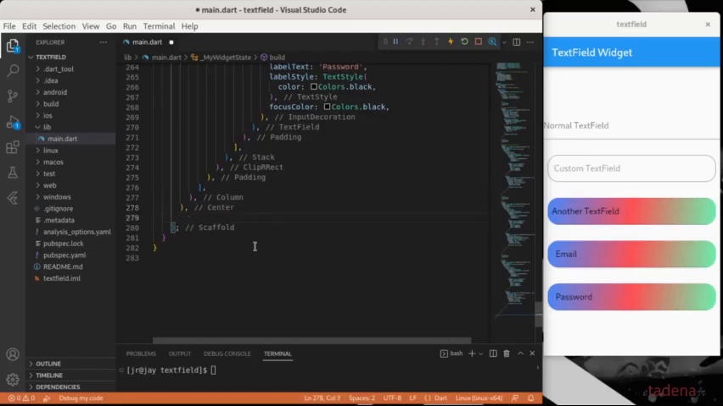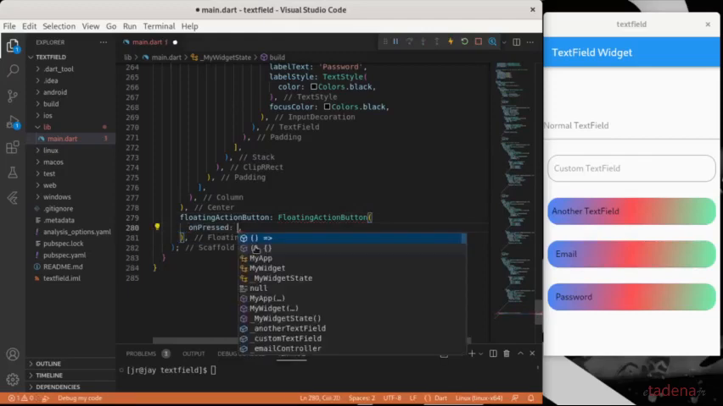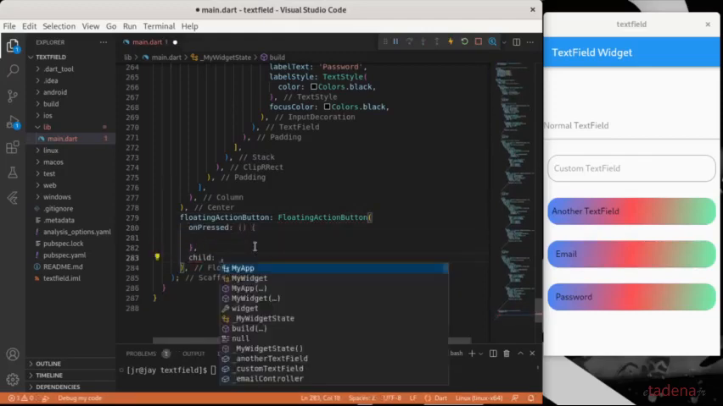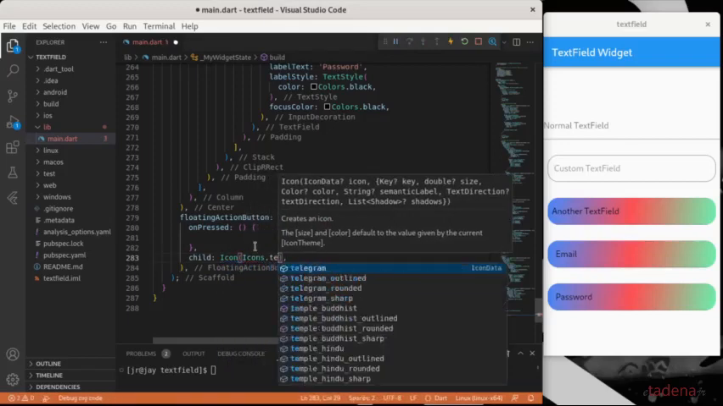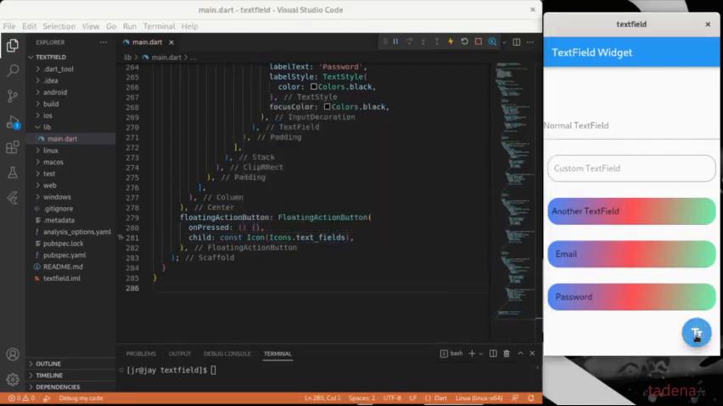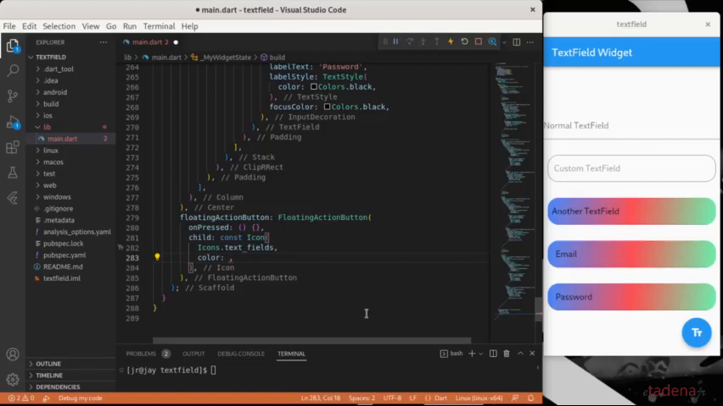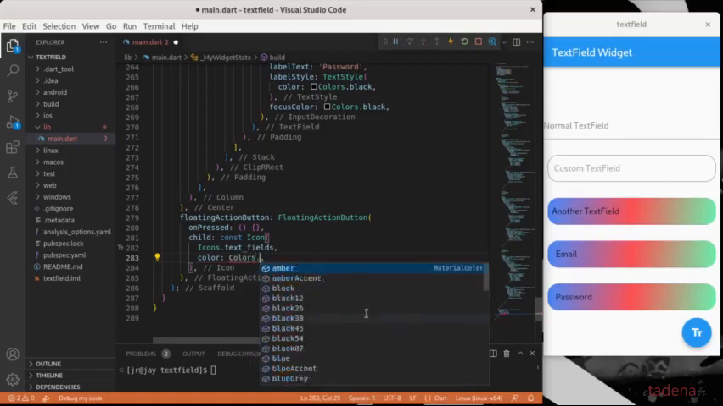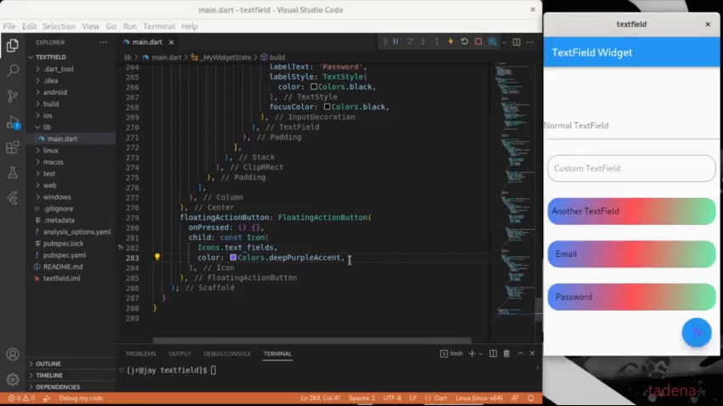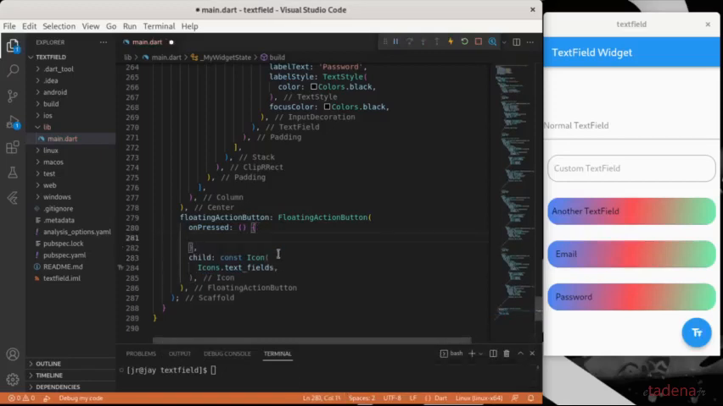Now here we will create a floating action button, and that would be a FloatingActionButton widget, and we supply an onPressed and a child of Icon, and that icon would be text fields and it would be a const. Now save that, and we have a floating button. So we set our floating button to color deepPurpleAccent. No, it's horrible, so let's delete that. I think we're set for the default. Now inside the onPressed,